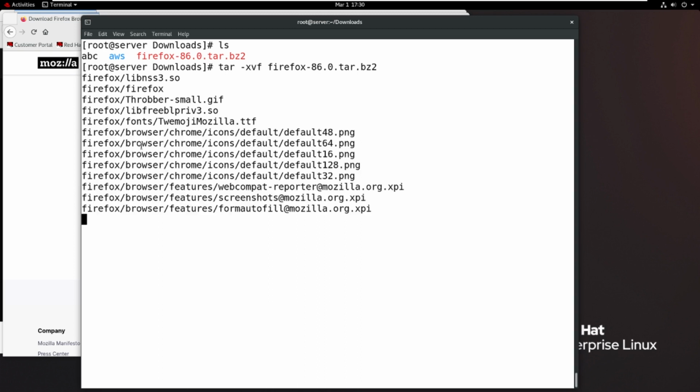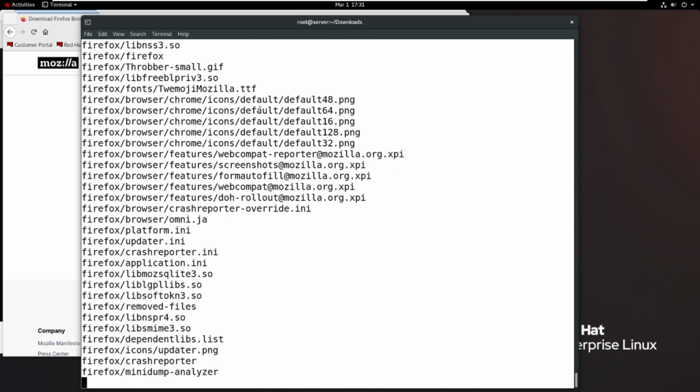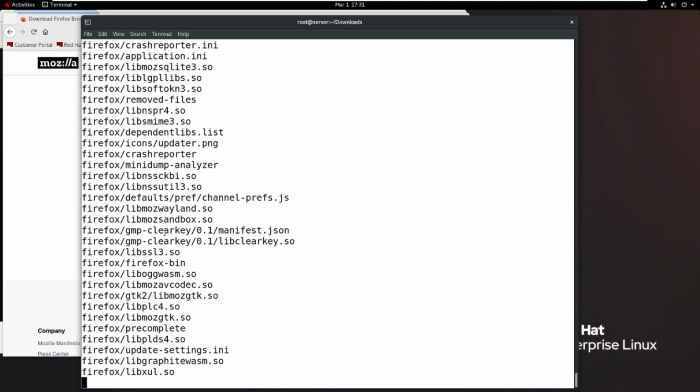Now all are extracted in the current location. Then find your executable file and run it and access the web browser. So this is the way in the environment to download software and extract the resources. Now the Firefox browser is extracted.